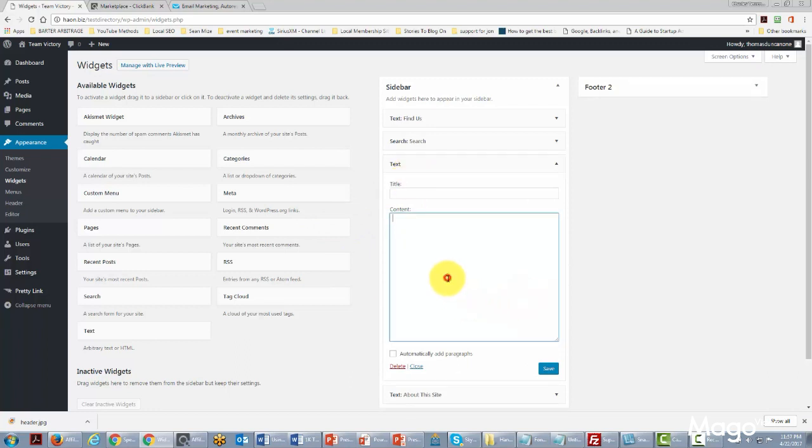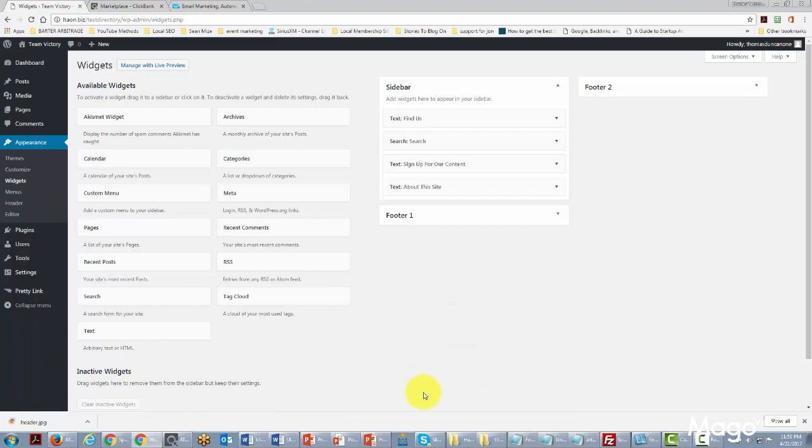We're going to place our JavaScript code in this area. And we're going to give this a title. And then we're going to click Save. And then we're going to click Close. Now what we've effectively done is we've now made that widget available throughout our site anytime someone reads any of